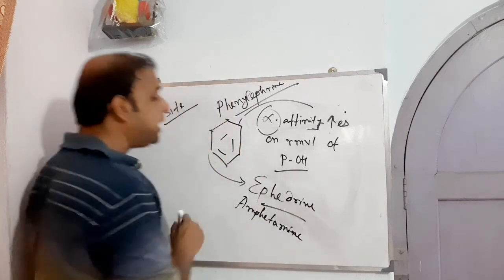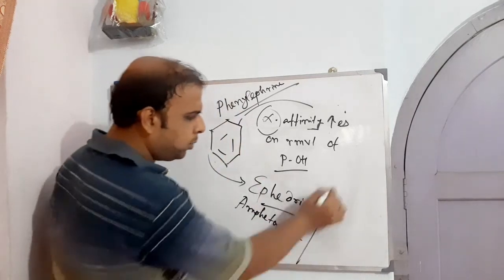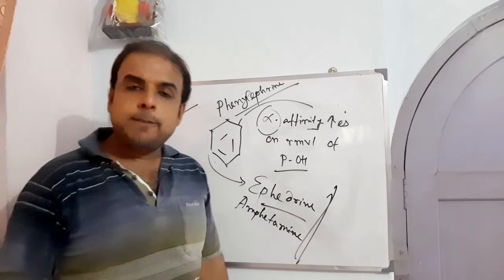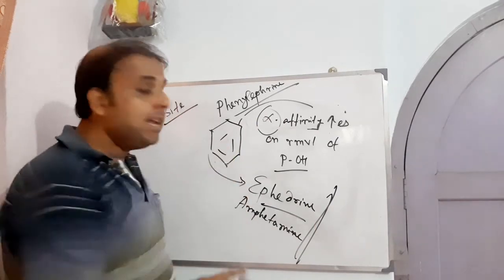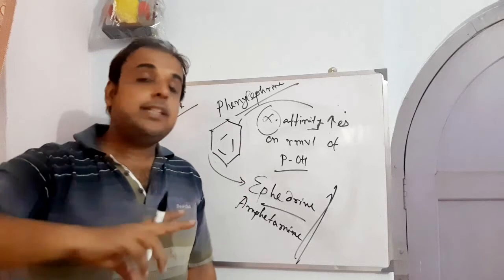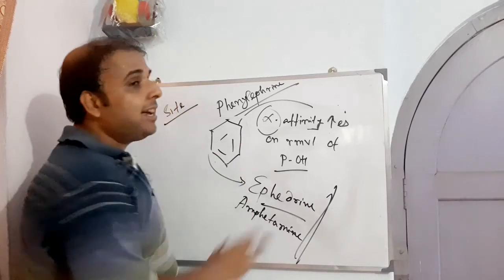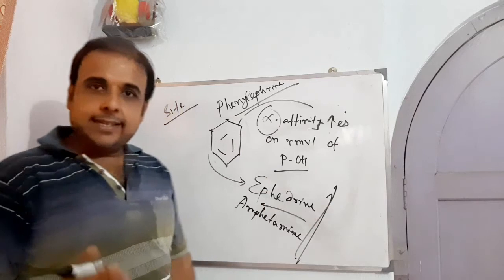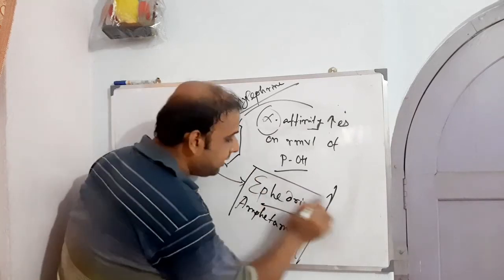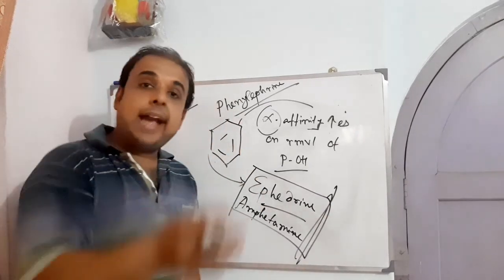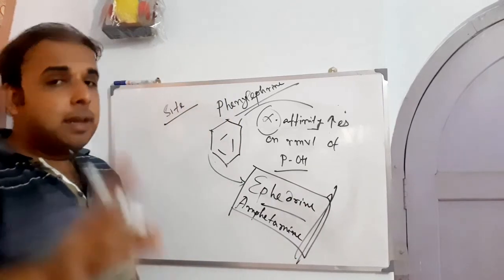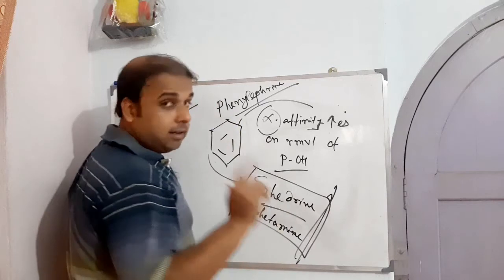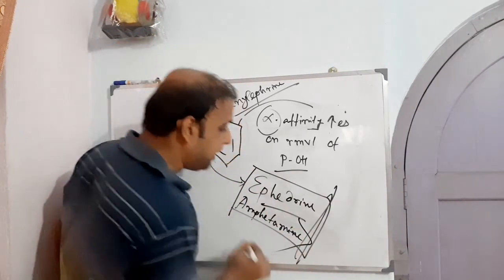In case of amphetamine, both the drugs are acting on the sympathetic system, just stimulating it. That means they are sympathomimetics or adrenergic agonists, right? But they are not directly acting on the receptor. Instead, they are called indirectly acting sympathomimetics. But let me give you one piece of information about amphetamine.